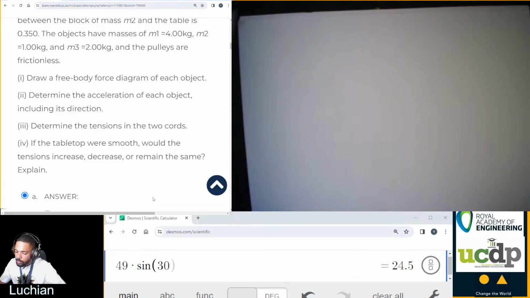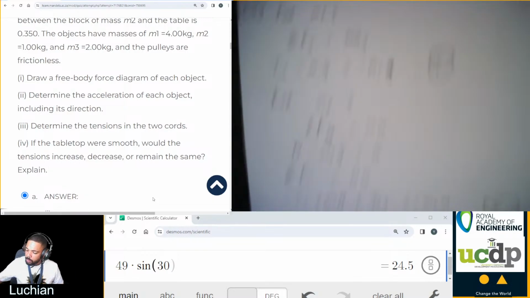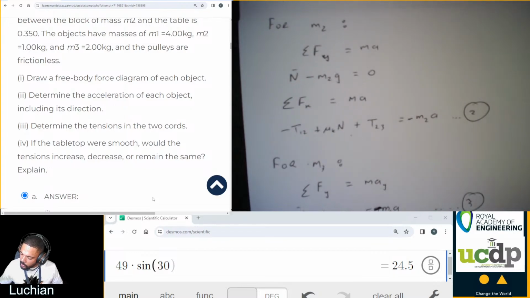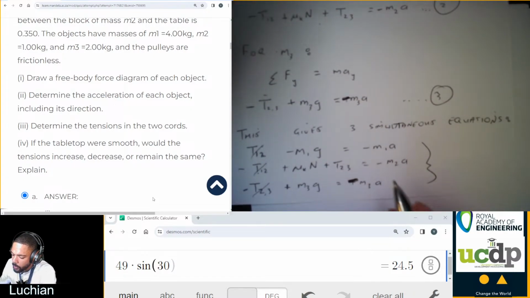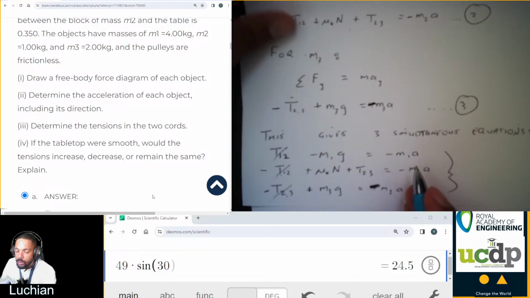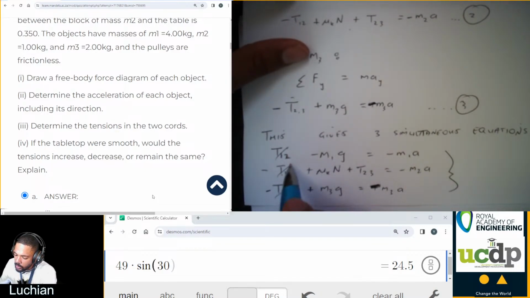I now have these three equations. If you add them up, remember this is a simultaneous system, so you are allowed to add them all up. This tension cancels with this one, and this tension cancels with this one. What you're left with is